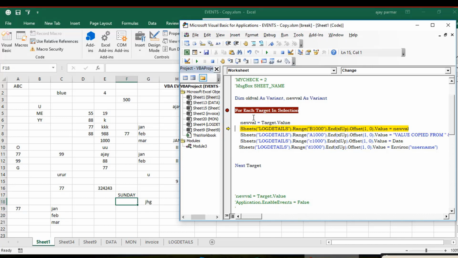So now guys, you see, if you're copying something, do you ever copy blank cells? First of all, tell me. We never do that, right? We never copy blank cells. If somebody does that,